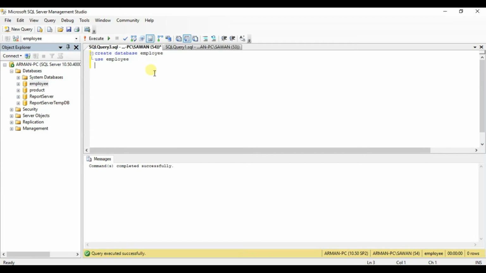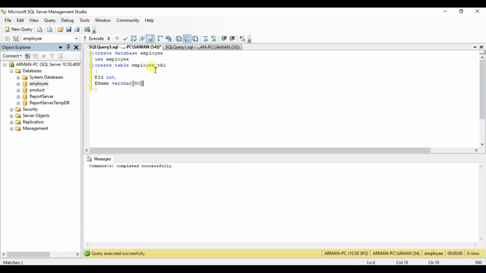Now we'll create a table. Create table, and table name like employee_TBL, bracket open and close. Within the bracket type employee ID, EID int, comma, employee name, ename varchar 50.